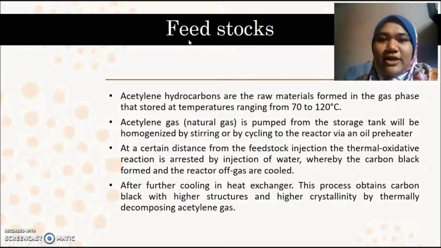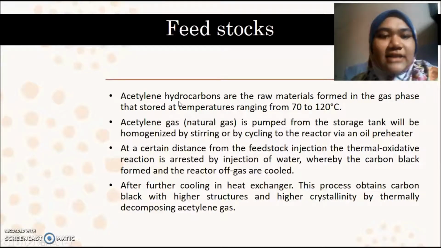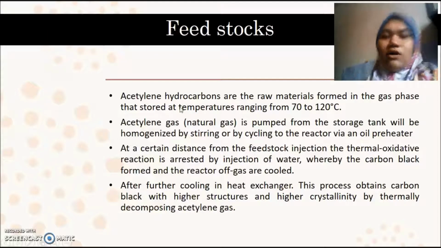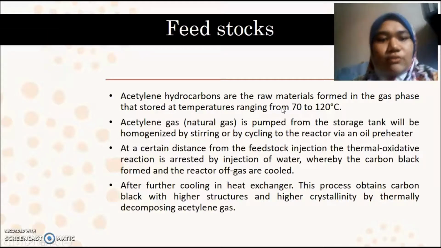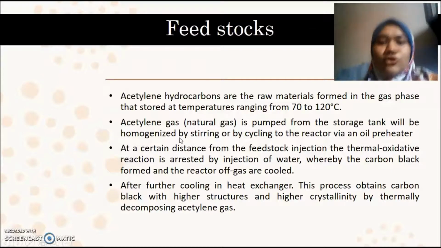So we're moving on to the feedstock part for the carbon black. We use acetylene hydrocarbon as the raw material formed in the gas phase. We have to store the raw material around 70 to 120 degrees Celsius. So acetylene gas is pumped from the storage tank, will be homogenized by stirring or by cycling to the reactor via an oil preheater. At a certain distance from the feedstock injection, the thermo-oxidative reaction is